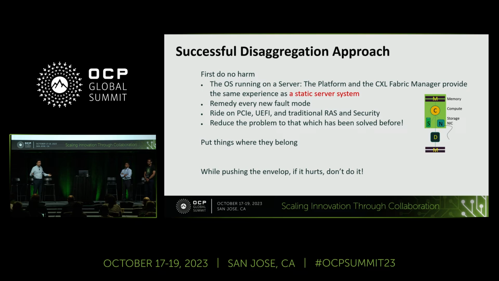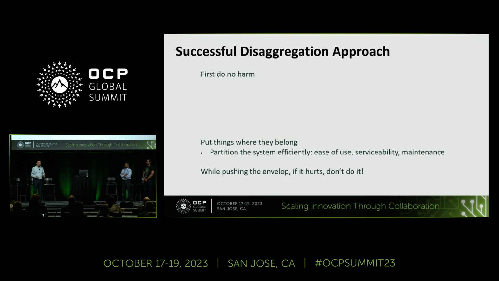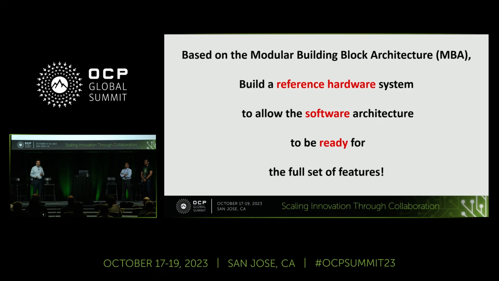First, do no harm. That's the main theme of discussion here. We want software to feel comfortable that what we are presenting through a composable system is the same as before. Putting things where they belong is the work that we're doing across OCP with partitioning systems in the right way. So we encourage all of us to build reference systems. A reference hardware system will allow software folks to come and work on it. And once software is defined on a reference system, the following hardware system will follow that software reference, and therefore